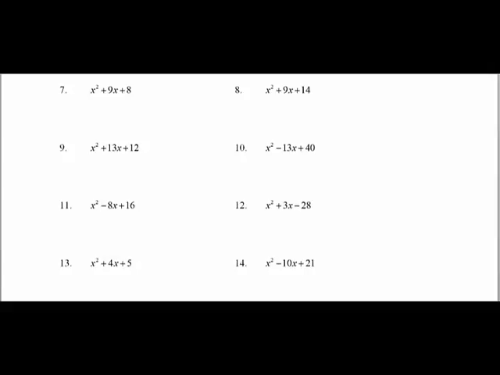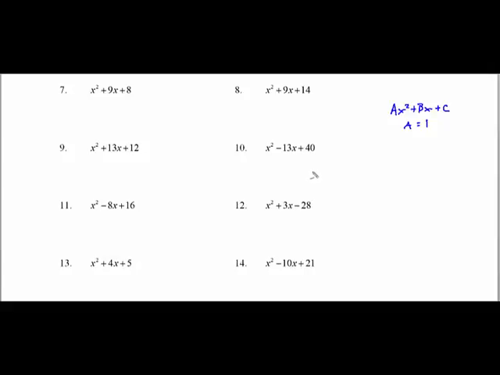Now, the reason why they're considered easy is because if you look carefully at all of these examples from 7 through 14, all of these examples have an x squared in front. Because the basic trinomial formula is ax squared plus bx plus c. But in this case, a is equal to 1 in all of these problems. And you will see that actually doing the factoring is going to boil down to a pretty easy